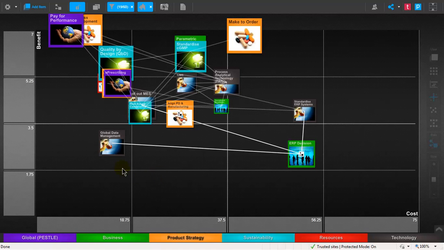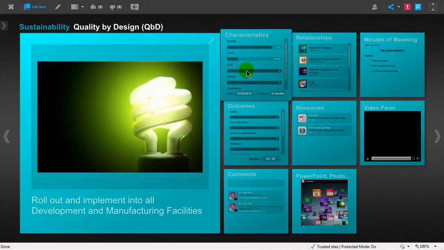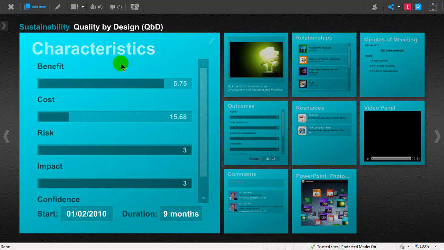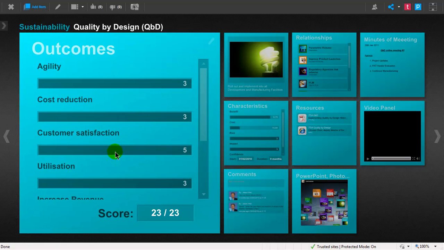Now these are fictitious data that we've put in here just for demonstration purposes, but how that gets entered in and what's behind each one is really important. Here on quality by design, you can have multiple panels. Here's the post-it note that you would typically do, but associated with it could be the characteristics in terms of benefits and cost and risk, so the outcomes of agility, cost reduction, customer satisfaction,